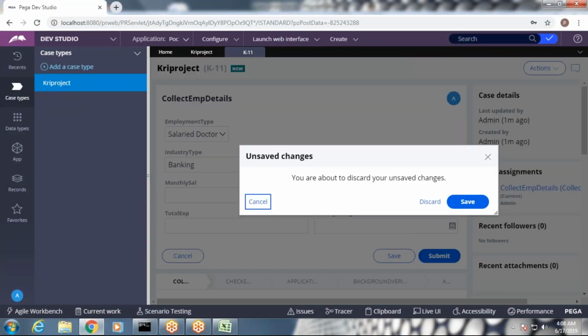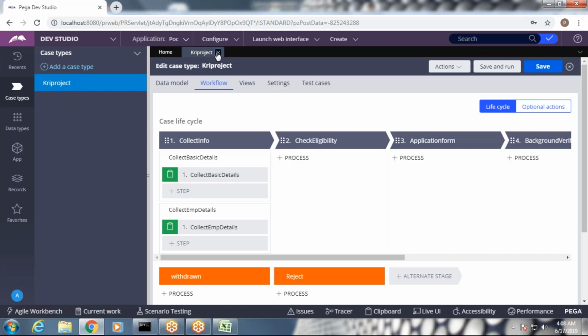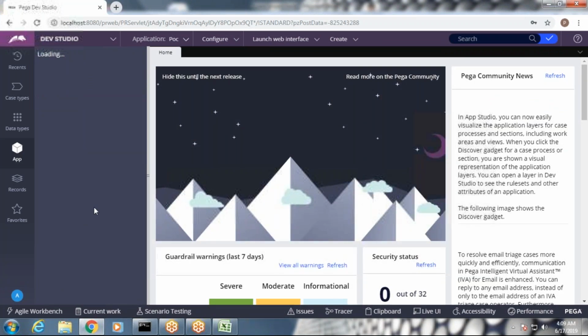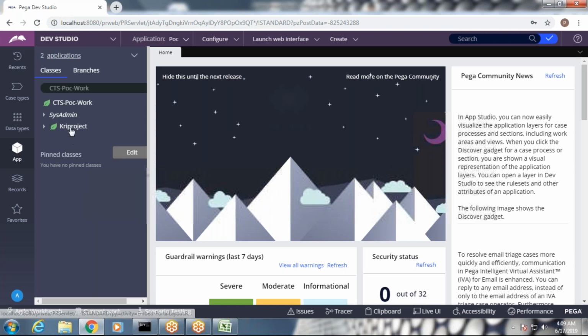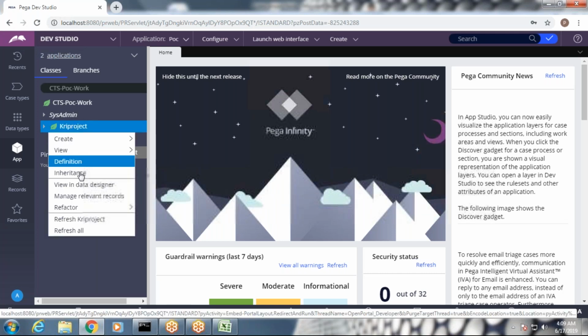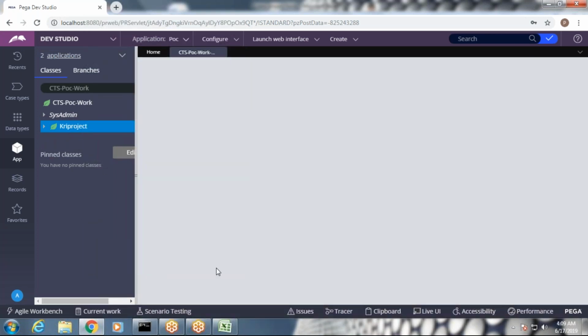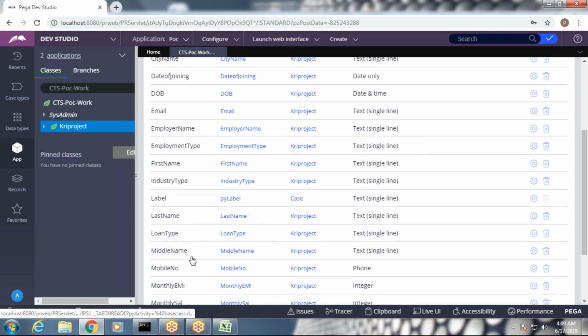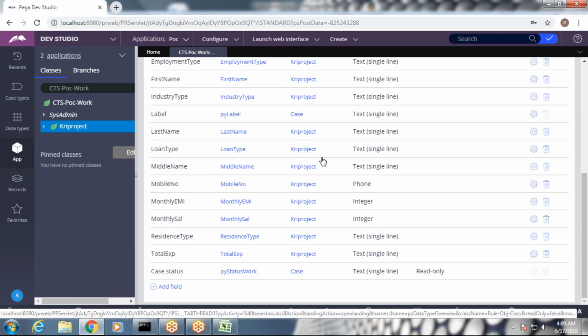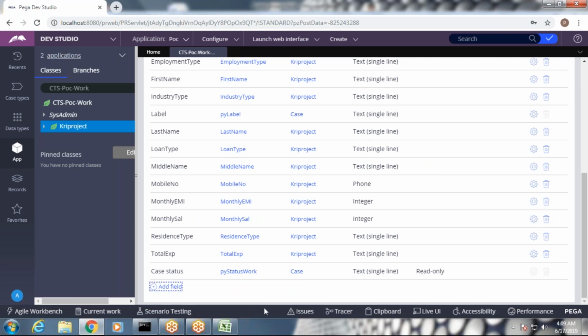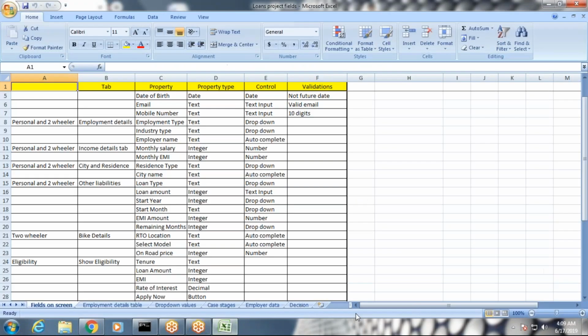Let's go and create those properties. Just right click on the class to designer. Loan type, loan amount, start year. Okay, we have to create that one. Loan type is done, and only this one was created.